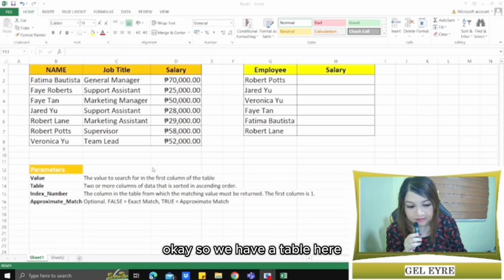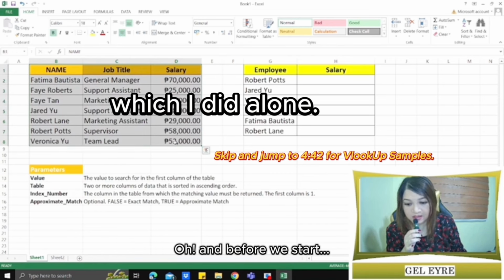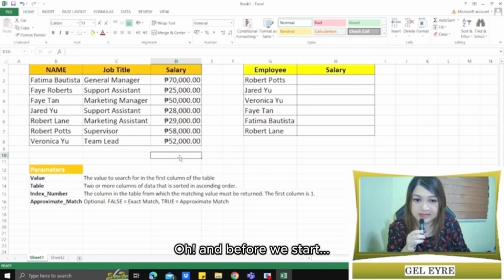Okay, so we have a table here na ako lang gumawa. Okay. Oh, and before we start nga pala, kay